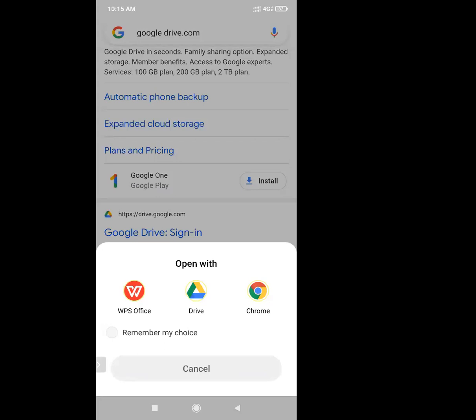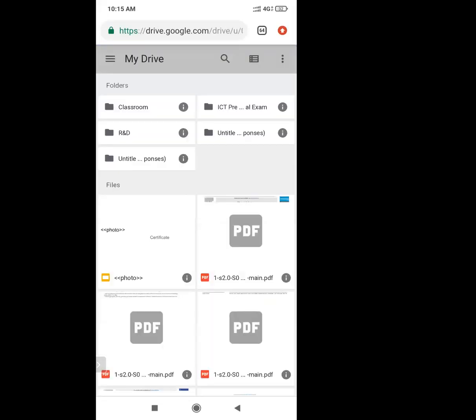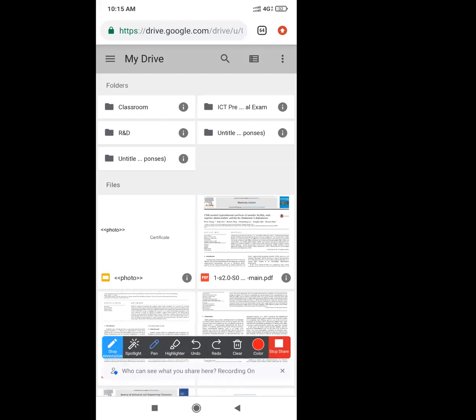Don't go with this Drive app. If you go through this Drive option, then you can't go to the desktop site. So for that, just go with this Chrome app. Here you can see this button is there. Just click on this.